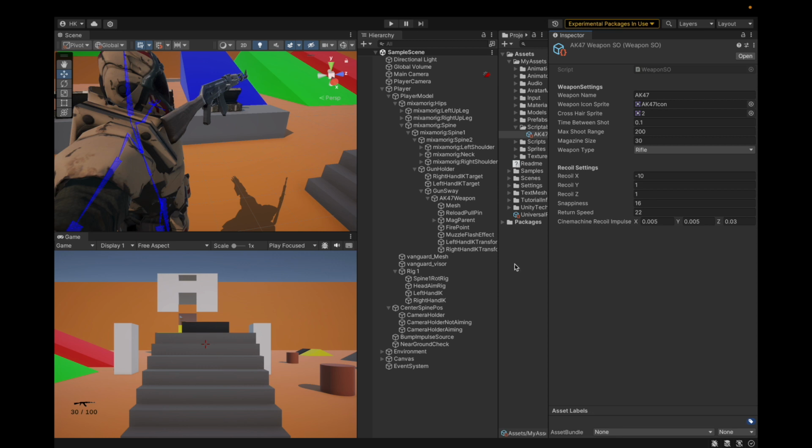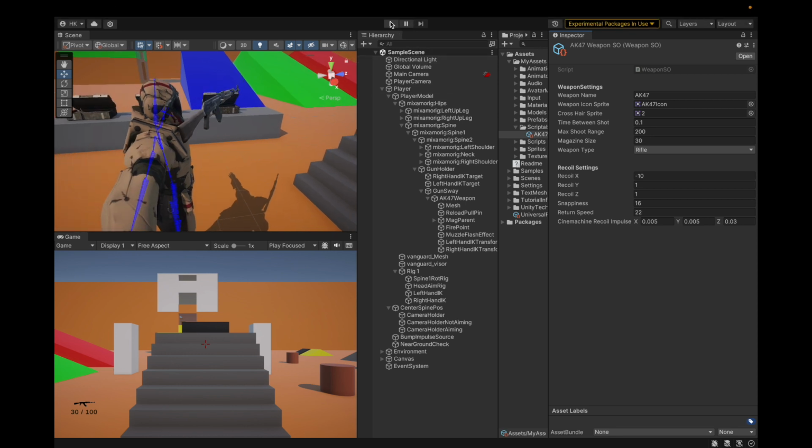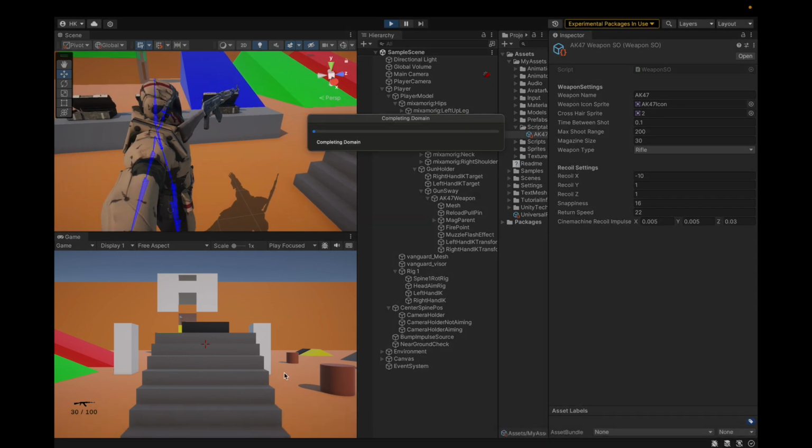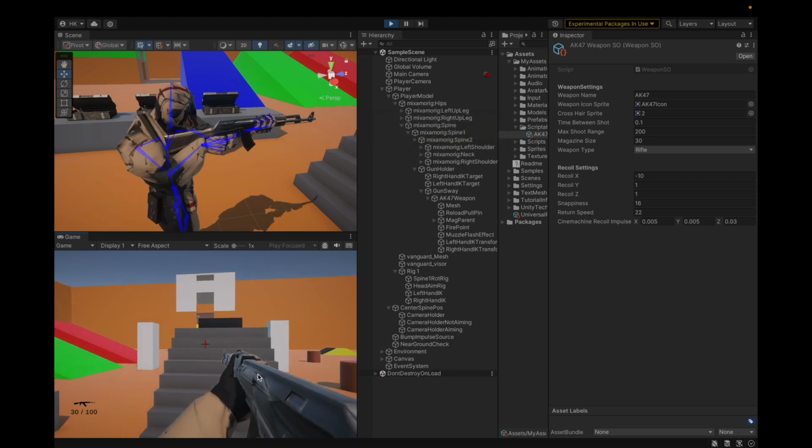So we have successfully added everything, you know. We have enabled IK on both hands, but what's going to happen to our reloading animation? If you hit the reload button, it's not that bad,